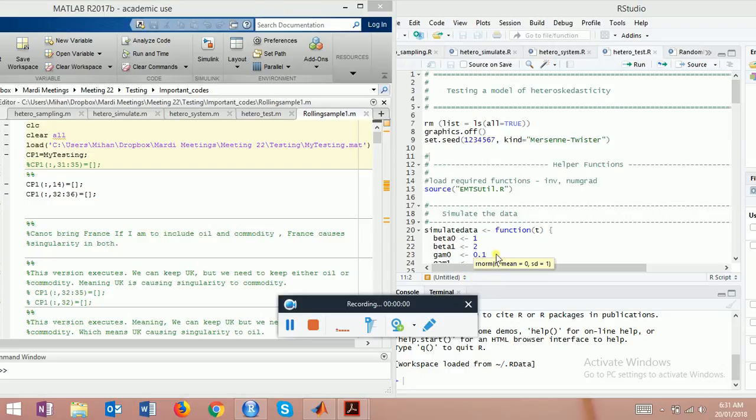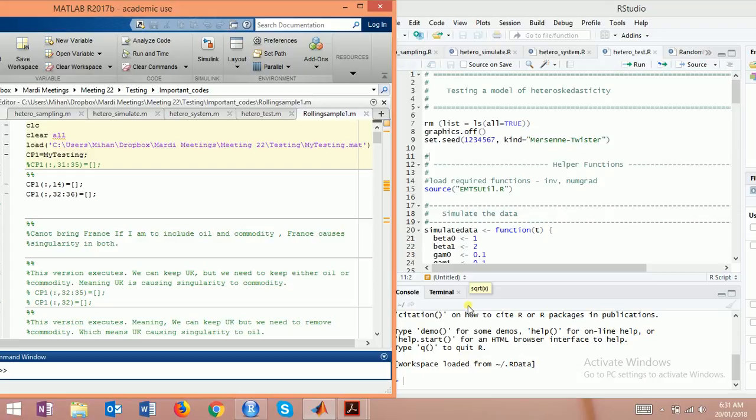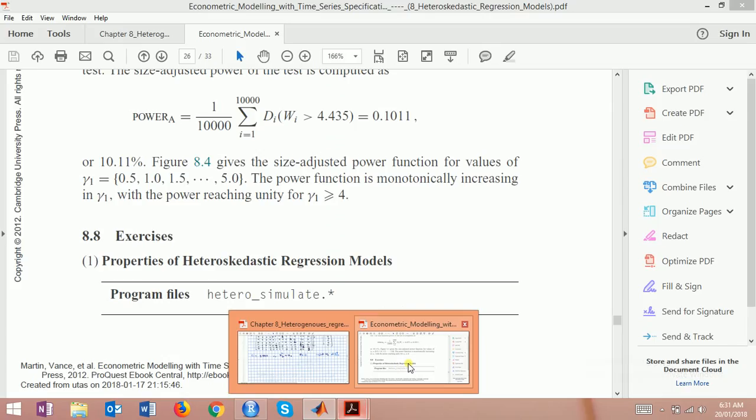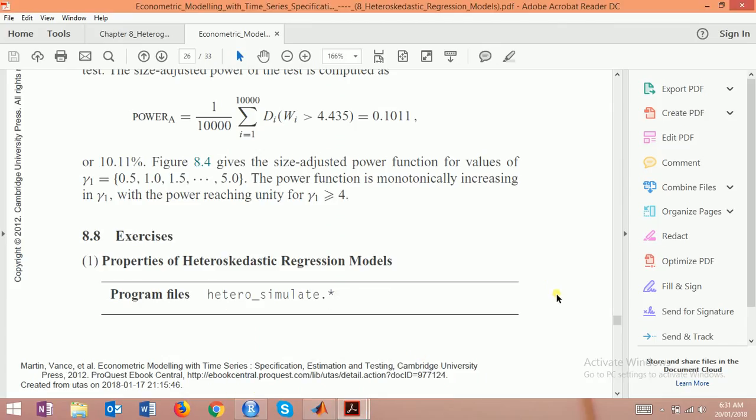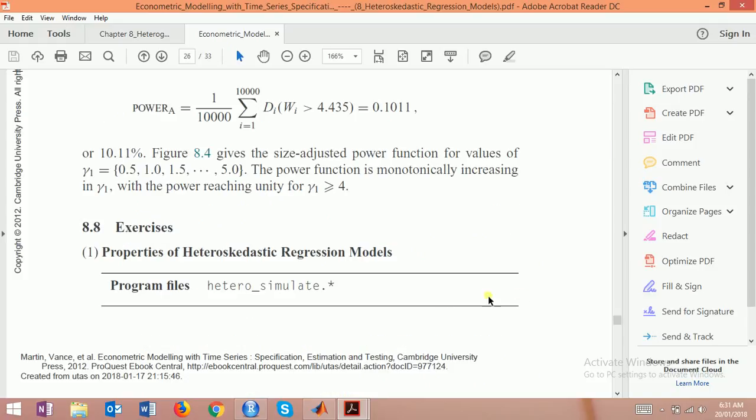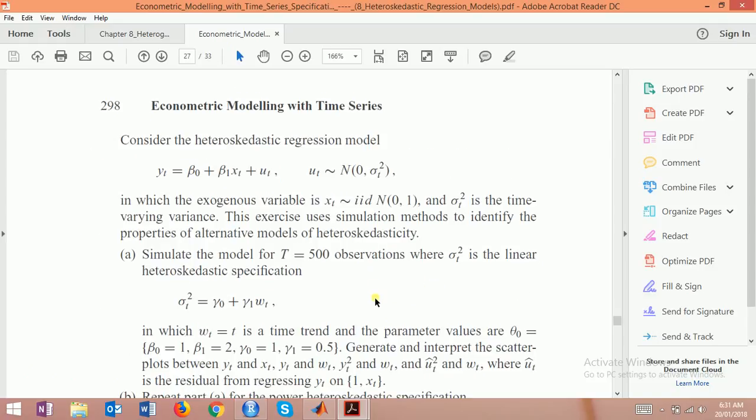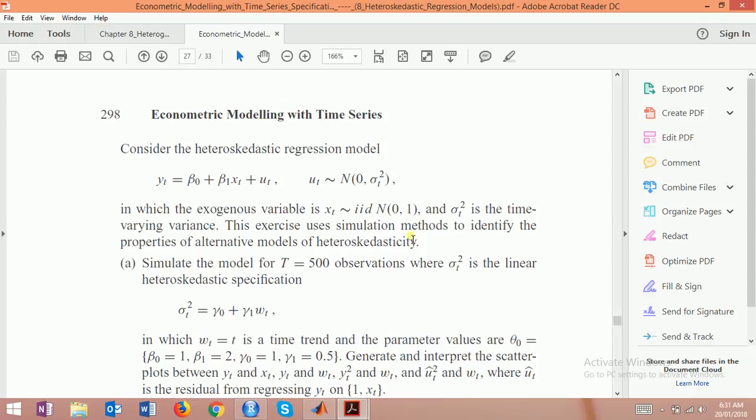Now let us look into the applications of the heteroscedastic regression model we have just discussed in theory. First is heterosimulate. Consider a heteroscedastic regression model, which is y equals beta naught plus beta 1 xt plus ut